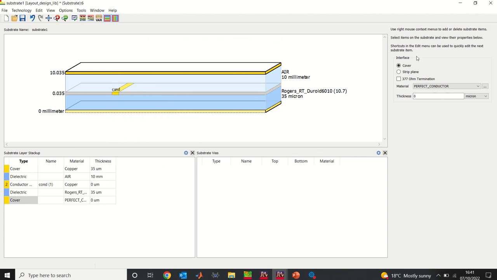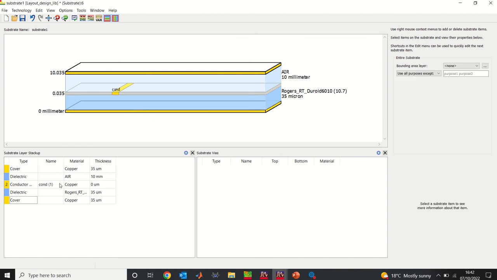Now for my ground plane, again, I change this to a copper conductor instead of perfect conductor. And again, I change this to 35 micron. Now you can see I've now fully set up the substrate. All I need to do now is click on save. If I save this,